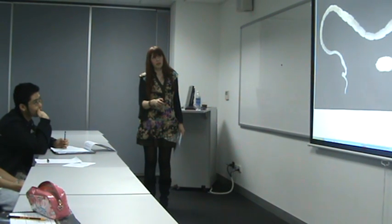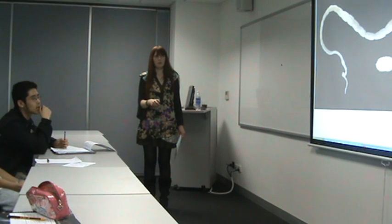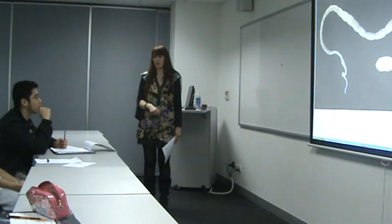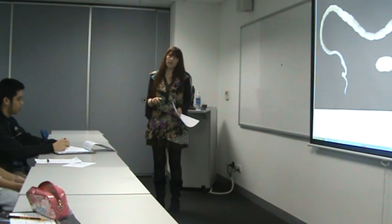These segments here are called proglottid segments, and they are basically full of eggs, each one of these. All the eggs are developing along here, and when it's ready it breaks off, and then it comes out of the cat or the dog's bottom. And they're quite sticky, so they're usually stuck around the hair at the bottom of the cat or the dog. They're probably about the size of a grain of rice, so don't mistake them for rice, will you? Now, they can